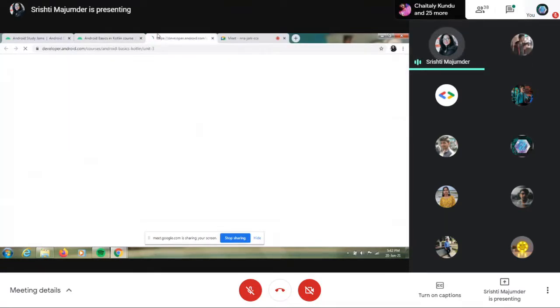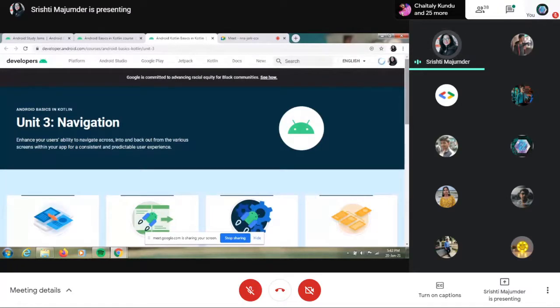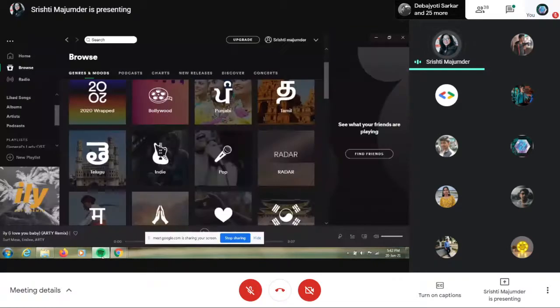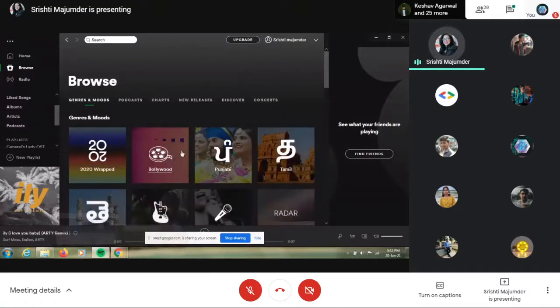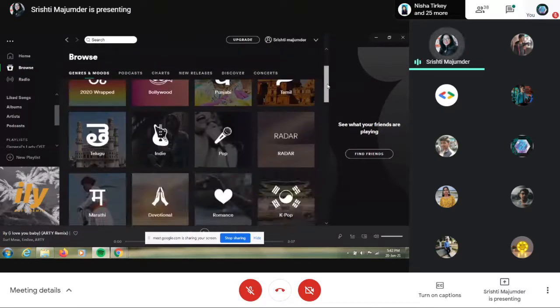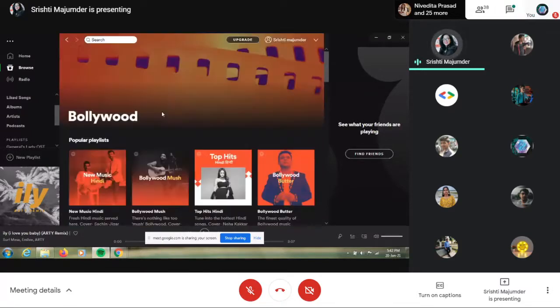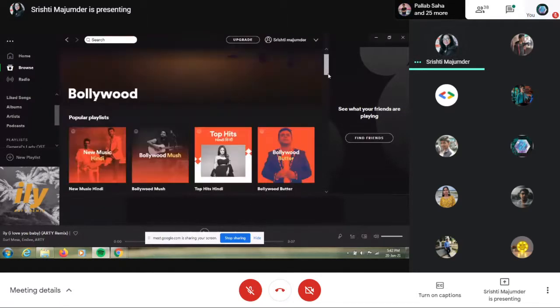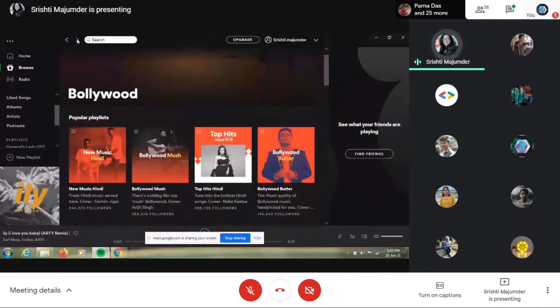First, you may be confused about what navigation exactly means. I have already opened an app on my PC, the Spotify app, to show you. In this Spotify app, there's a folder named Browse. I've opened it and seen some music. Now I wish to open the Bollywood section, so I go to another page where I find another list. Here also I click some music. As you can see, there are two arrows. I go back, I go to the previous page; I go forward, I go to another page.